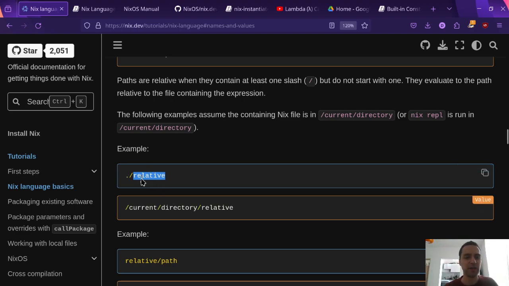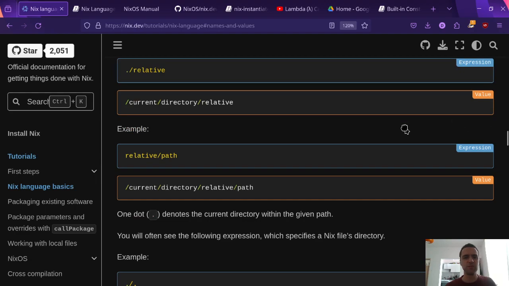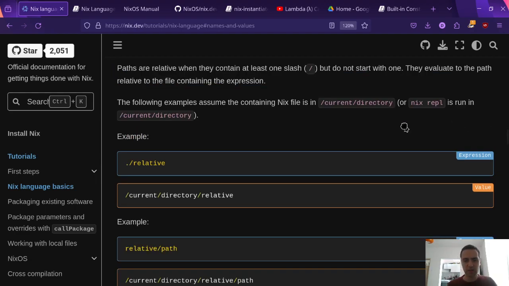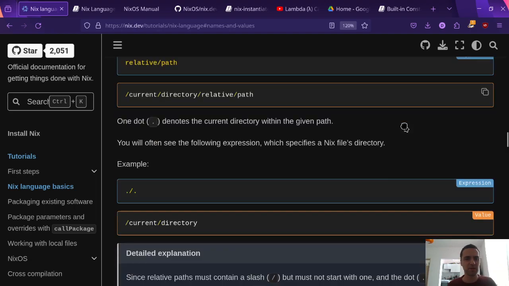That's the absolute, right? So the relative is like my room, and the outside directory is the house. It's more like a 3D kind of thing than two-dimensional thinking from this directory to that directory. It's more like three-dimensional, go out and within. Current directory, relative example, relative path: one dot denotes the